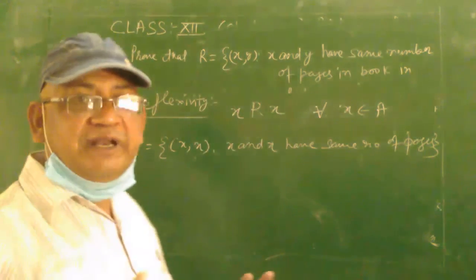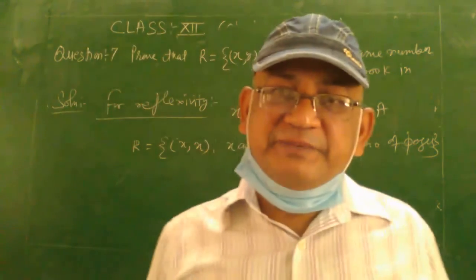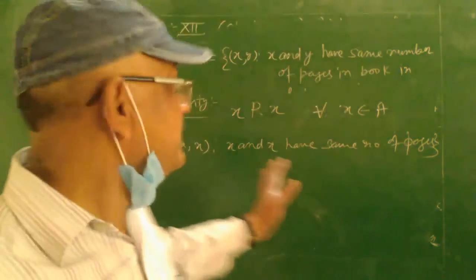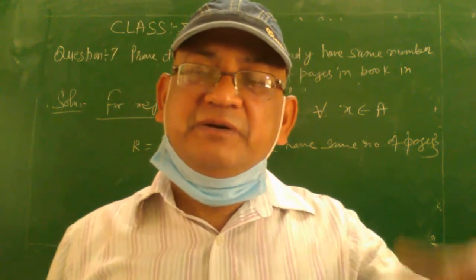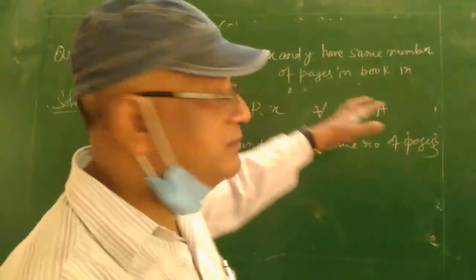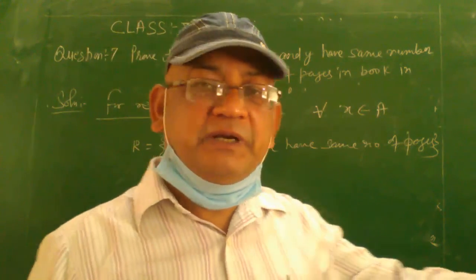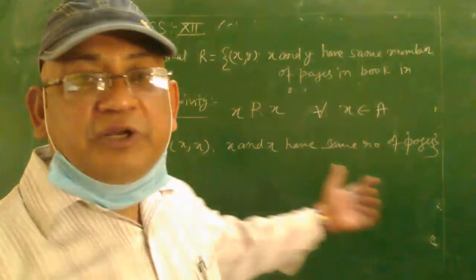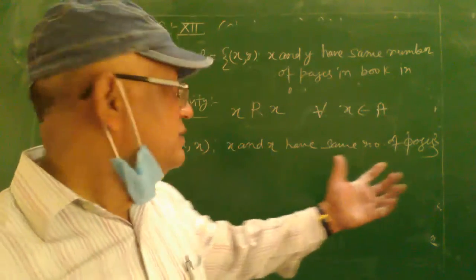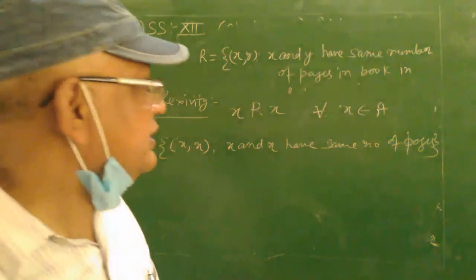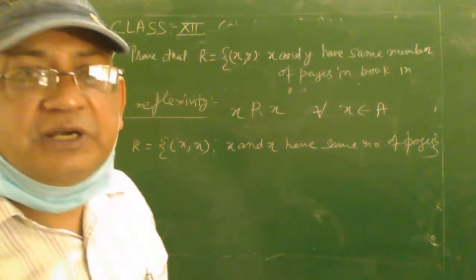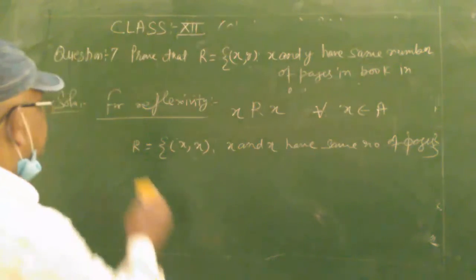सो नो नीड टू गिव एन एग्जाम्पल. आपको कोई एग्जाम्पल इसमें नहीं देना है क्योंकि ये रिफ्लेक्सिव रिलेशन है. बाय स्टेटमेंट यू हैव रिटन. अगर किसी बुक में 500 पेजेस हैं और उसका ही आप उसी तरह का दूसरा बुक ले रहे हैं, उसमें भी 500 पेपर हैं, तो इट मीन्स उनके बीच में एक रिफ्लेक्सिव रिलेशन क्रिएट हो जाता है. इसमें x की वैल्यू आपको 500 रख के दिखाने का जरूरत नहीं. इन द सेम मैनर यू विल कम टू द सिमेट्री.